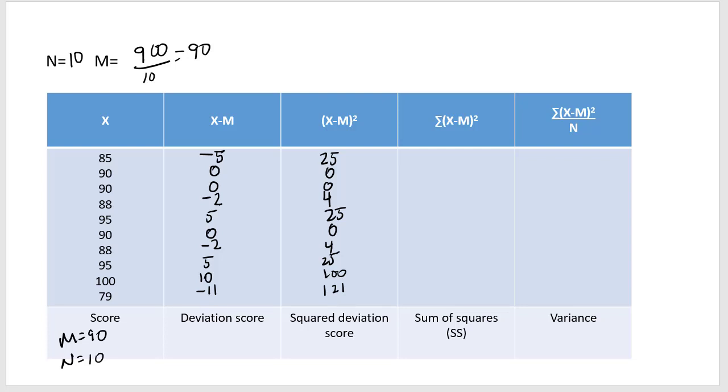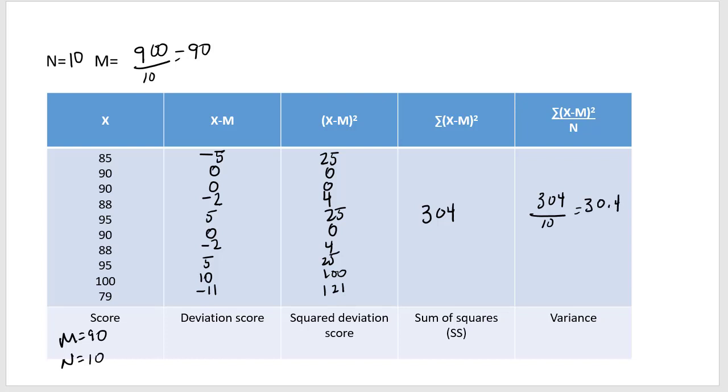Now our next step is to add all these together. When you add all these together, you get 304. So the sum of the squared deviation scores is 304. This tells us the sum of all of our squared deviation scores, but we want to find out the mean deviation for each of these. So in order to find variance, which is our next step, we take 304 divided by n, which is 10, and we get